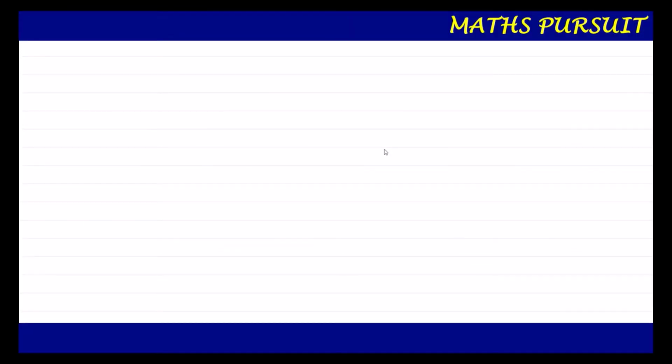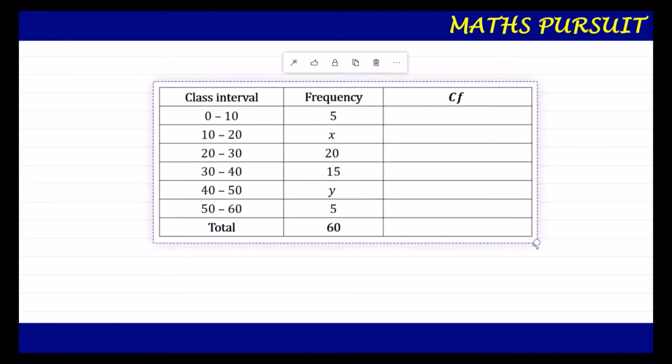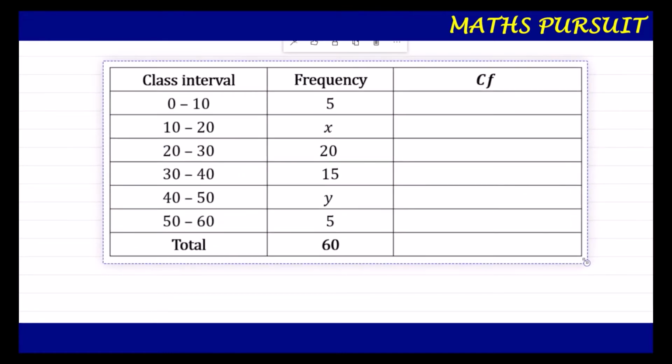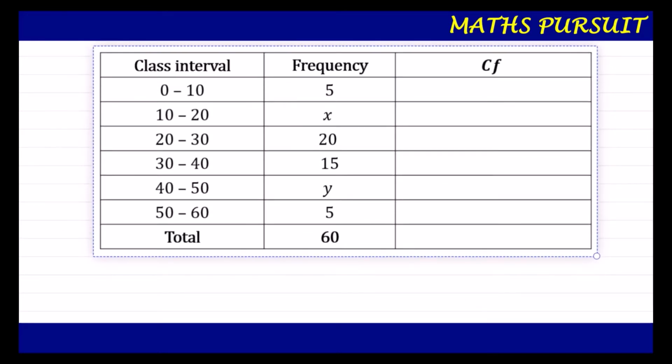Now we are going to find out the missing values for x and y. So let us look here to the given data. I have just placed the given data in front of the screen. Once we look into this given data, then we will move ahead in solving this question. If you look here to the question, it has been given the class interval as well as the frequency, and one other thing that they have given is the median. As per the question, they have given the median.